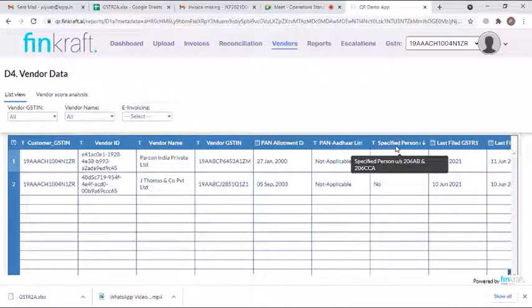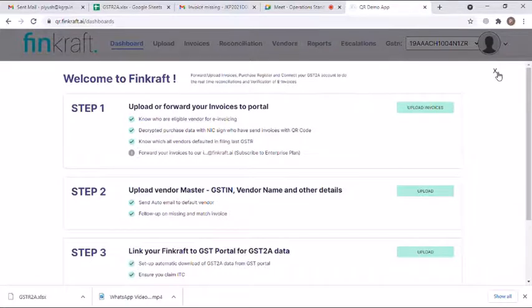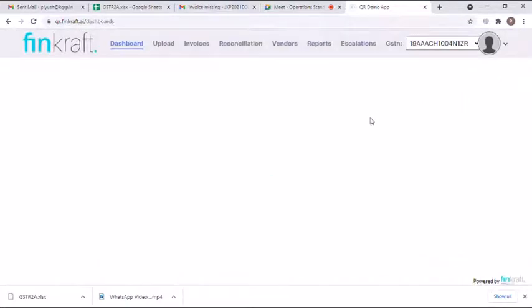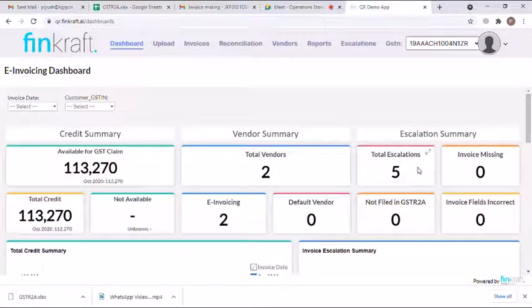Last but not the least, the entire system is a real-time dashboard. Here you can visualize all the important points related to your GST number like total escalations, number of vendors in default, GST amount, and multiple mismatches.